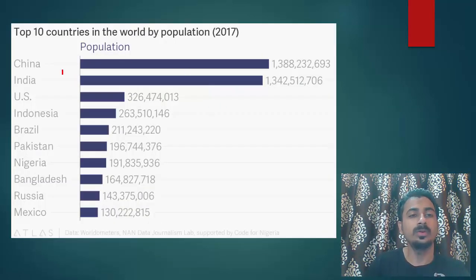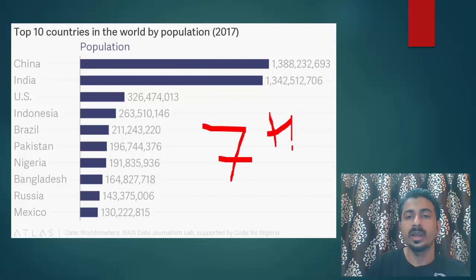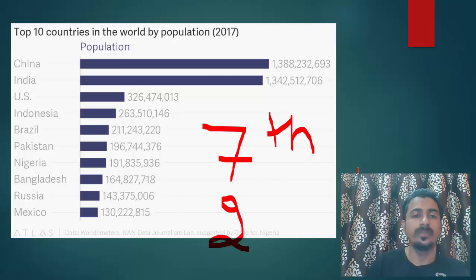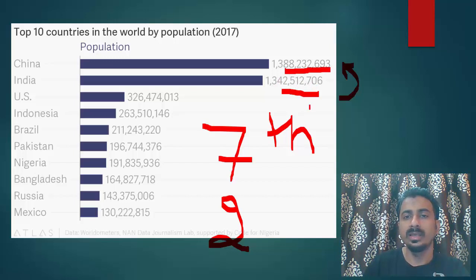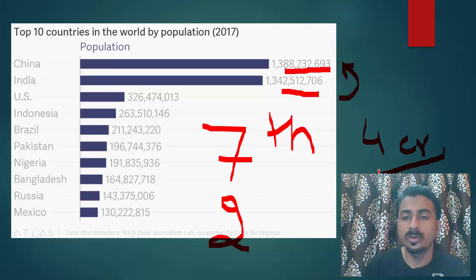Now I told you India is the seventh largest country in the world area wise, and when it comes to population, we are the second most populous. And in a few years we will overtake China. If you see, there is not much difference left. 88 and 44. Only a matter of 4 crore people more, and we will surpass them in the coming time. This is not good news, but this will happen.